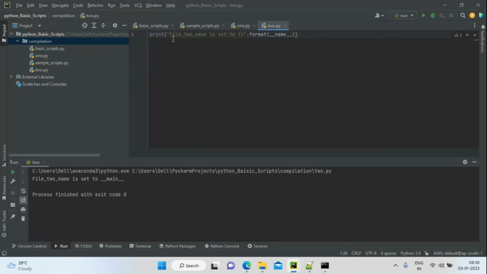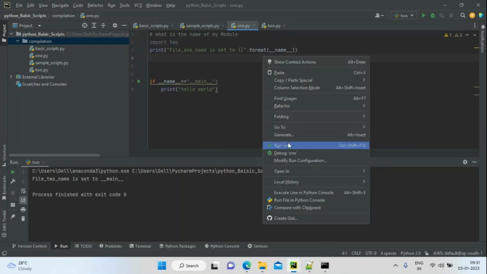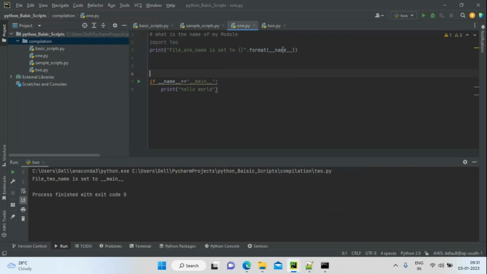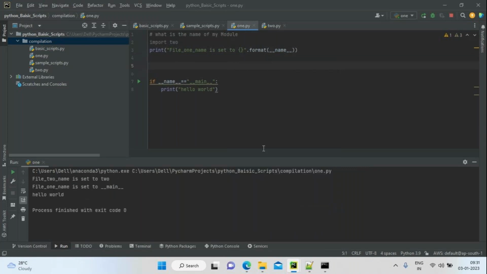It's going to call this print statement. The module I am referring to won't give main. It's going to give 2 as the module name for this name, and then it will come to this statement. Because I'm running here only, right? It's going to give file 1 name is set to, and the format of name is going to give us main. That goes to the placeholder. Now you can see your program. If you have any doubts, I can help you out.